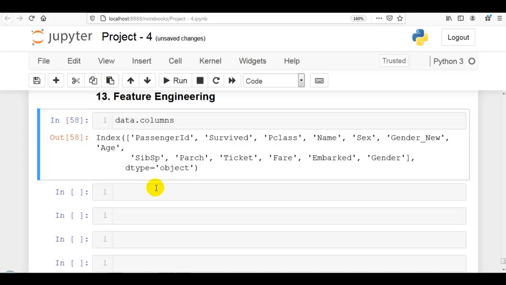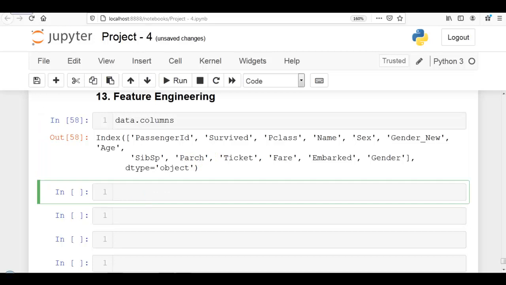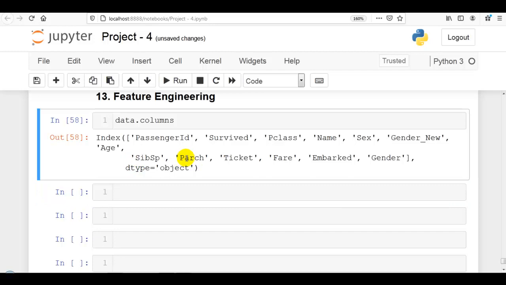In this example, we are going to create a new column with the help of existing columns, these two, SibSp and Parch. With the help of the SibSp and Parch columns, we can find the size of a person's family. SibSp is the number of siblings and spouses on board the Titanic, and Parch is the number of parents and children. So let's combine these two columns, SibSp plus Parch.